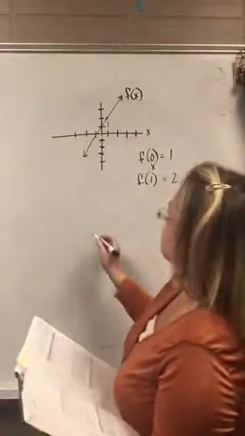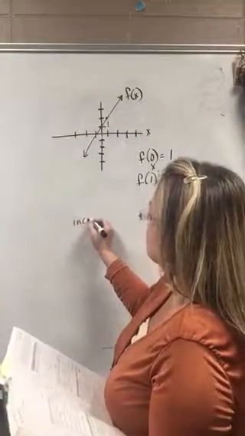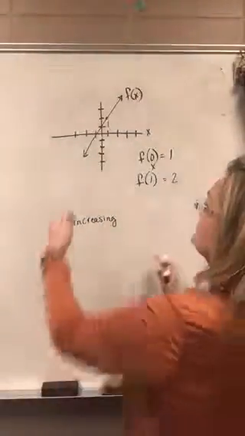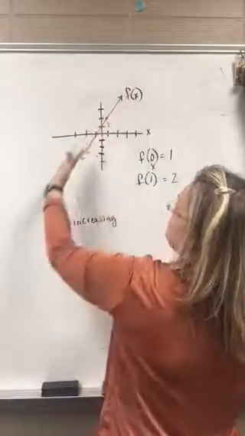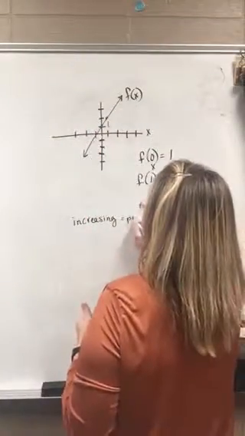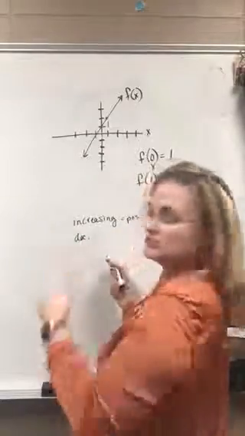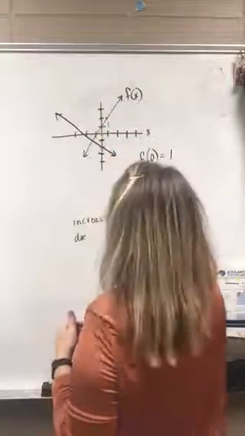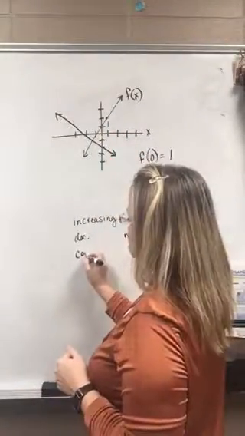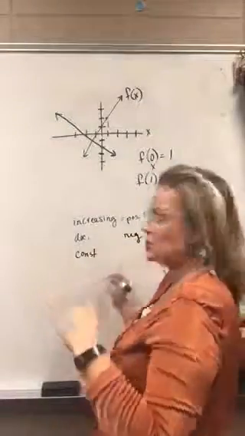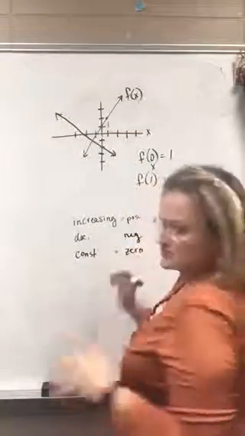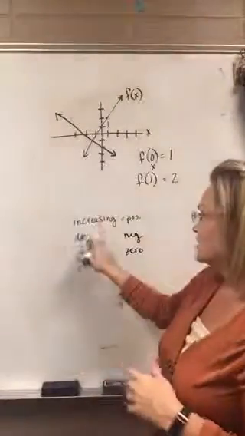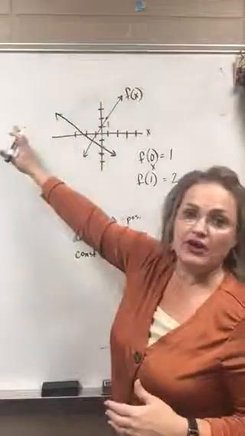And then the last thing in this section talks about increasing, decreasing, and constant functions. So really it's saying when it's increasing, this is an increasing slope. We're looking for where the graph has a positive slope. And then decreasing would be where it's a negative slope. If it's going this way, that's a negative slope. And then constant is where it's a 0 slope, a flat line. So for the last little example, you may want to just look at that in your book for further directions, but it's all about the slope of the line. Again, when you read a graph from left to right,